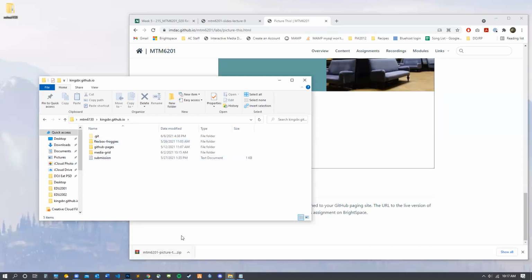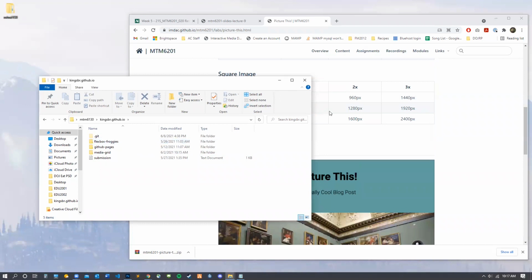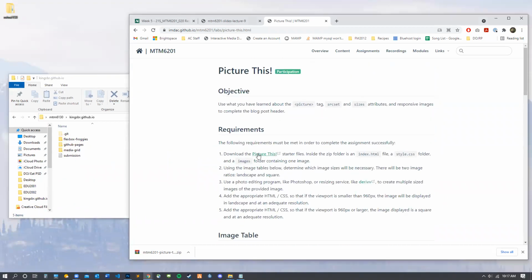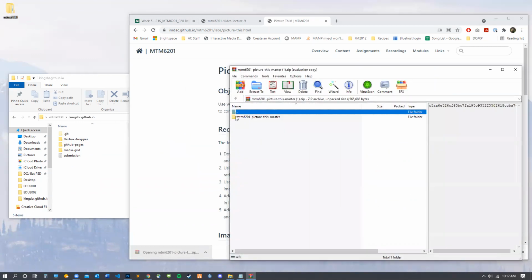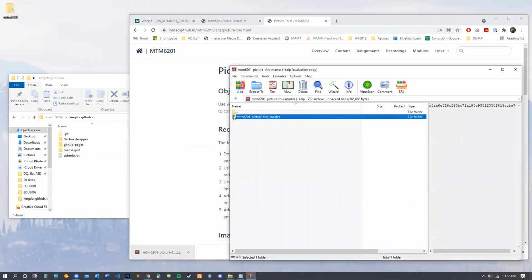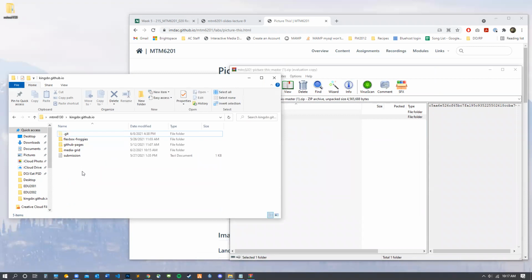So I'm going to open up the starter file, okay, which is right here. Download the picture-this starter files. Okay, I'm going to download that and I'm going to extract it into here, into my kingsbr.github.io. So let's set that up now. I'm going to extract it directly into there, and I can just rename it picture